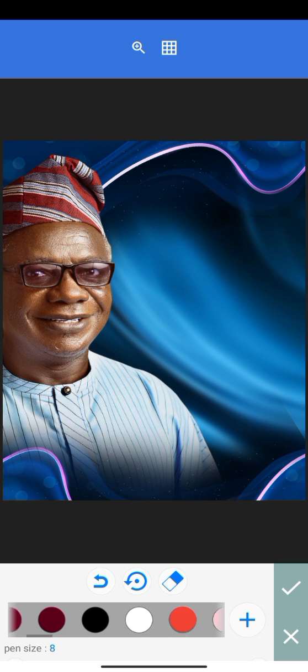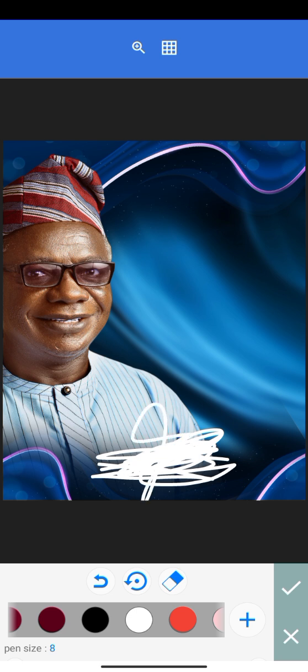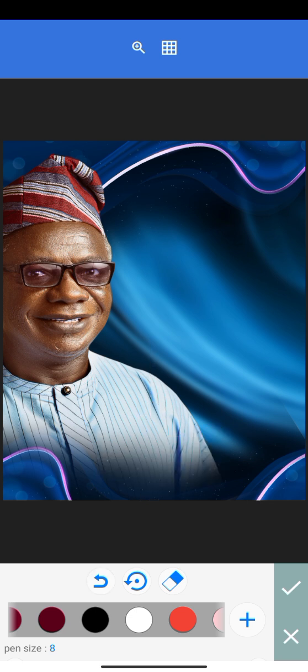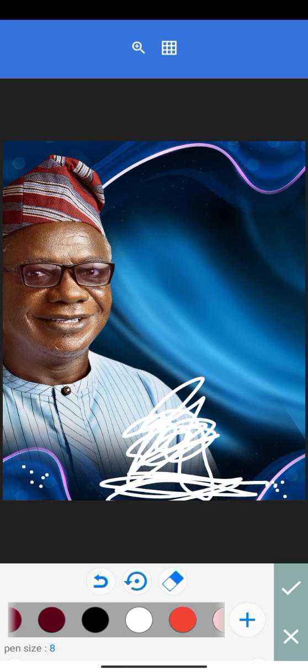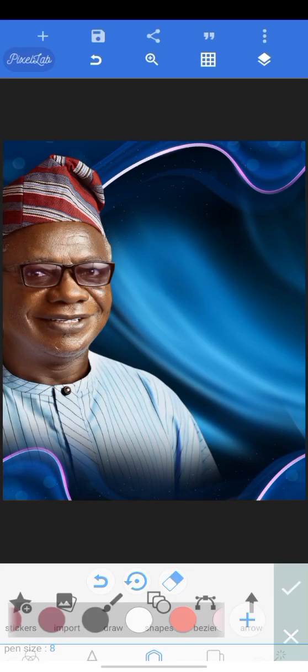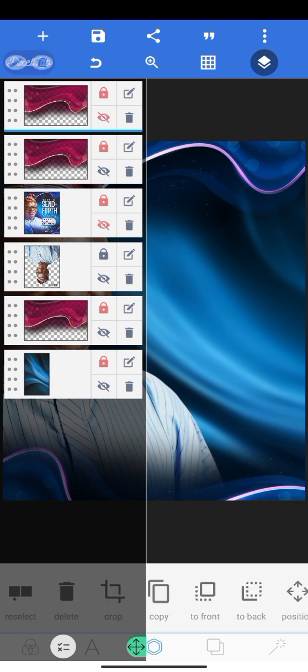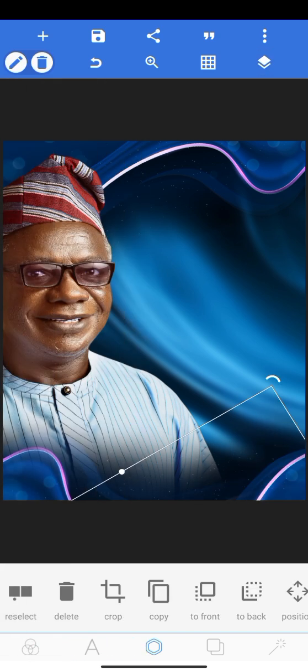Placing it on top of this picture makes it look like the picture is blending into the background. Look at this, guys. You're going to see it like the picture is blending into the background, but it is the remnants of the blending of these two backgrounds here. That's what is reflecting on this picture, making it look like the picture is blending into the background. All right, so I'm just going to erase softly a little bit here because I'm having a little sharp